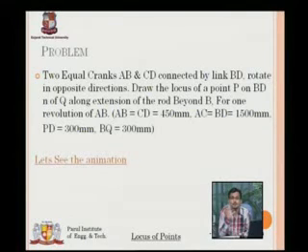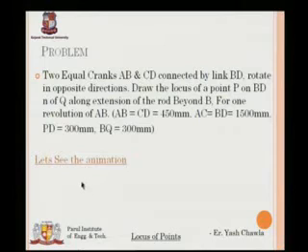And BQ, so we know it is beyond B on the extension of the rod. So what we will do is the line BD is extended towards B, beyond B, and 300 mm beyond B we have a point which is by the name of Q. So now let us look at the animated